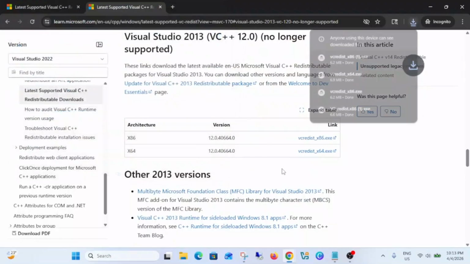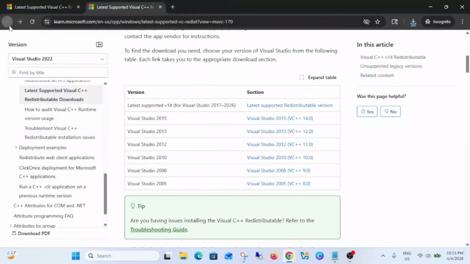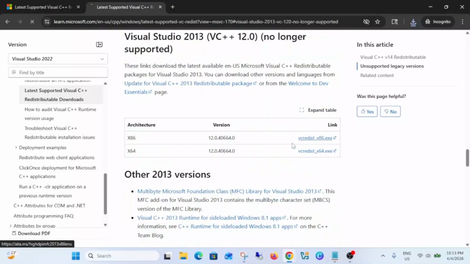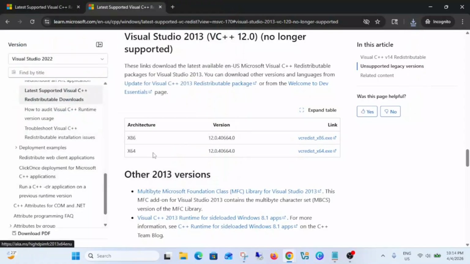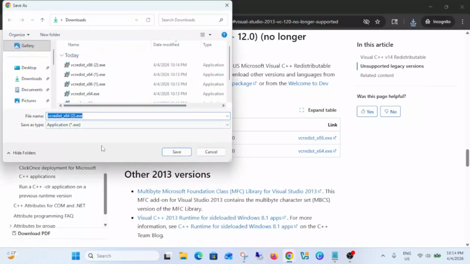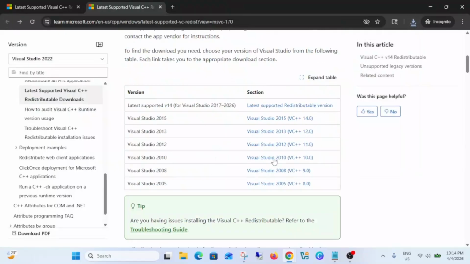You just select the location and download all of them one by one. It will take some time, but 80 to 90% your issue will be fixed after installing all the exe